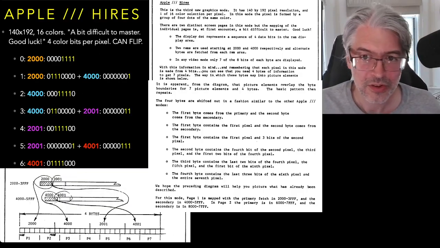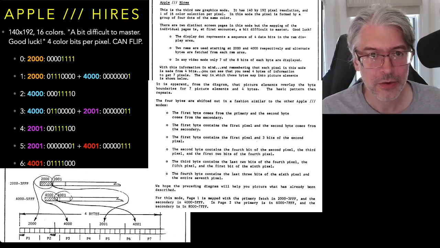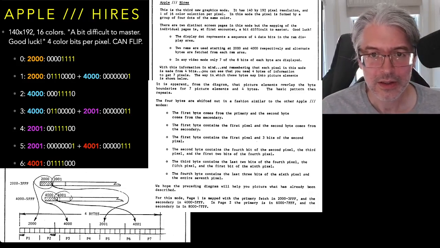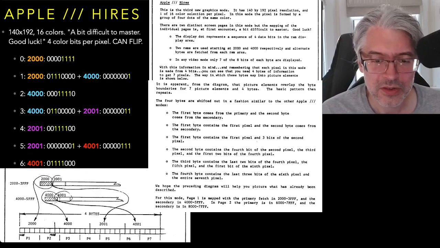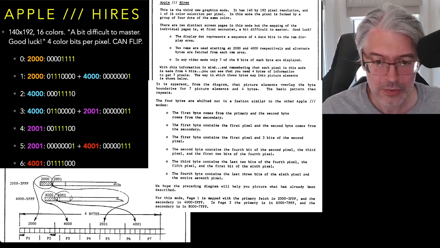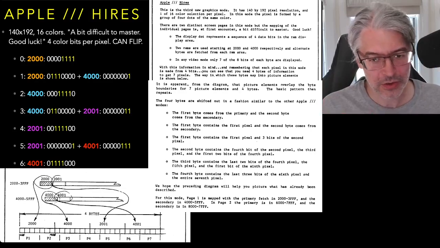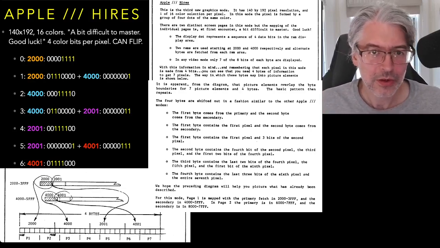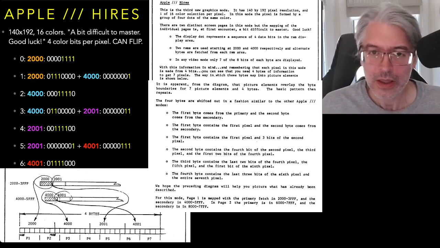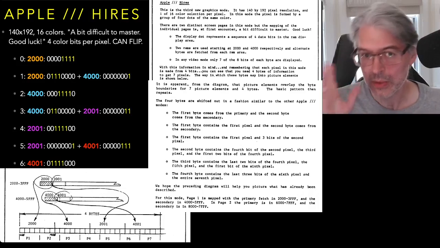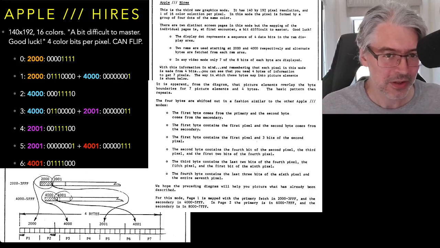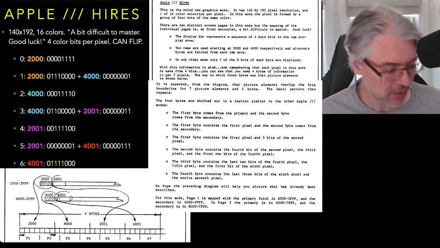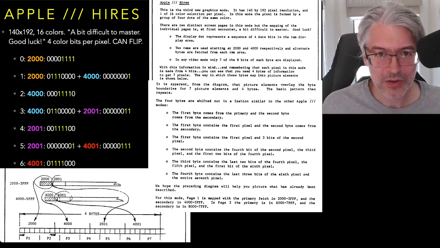And then Apple III high-res, this is the most comical. This is 140 by 192, 16 colors, every pixel can be set to whatever. And the organization is ridiculous. So it uses 2000 and 4000. It uses both of these graphics areas. Every pixel uses 4 bits of information. And so you would think that you could do this relatively sensibly, except that we always throw away the 8th bit. We never use the 8th bit for anything. We always only use 7 bits. And so the only way to get this information distributed is to